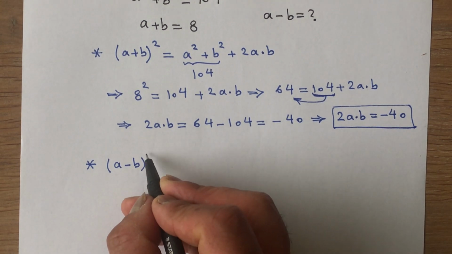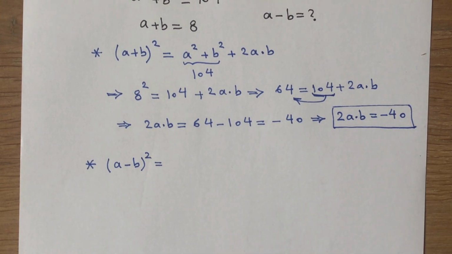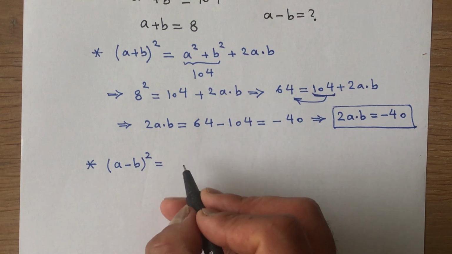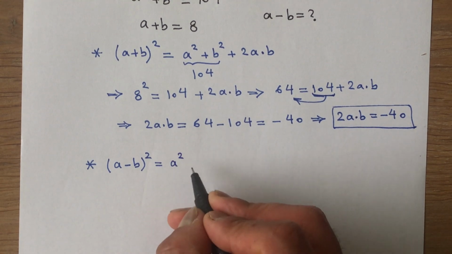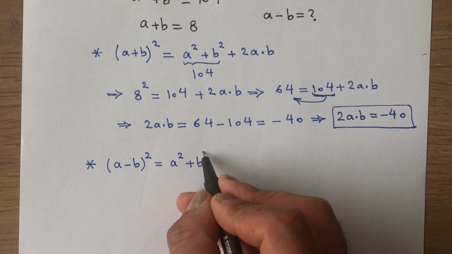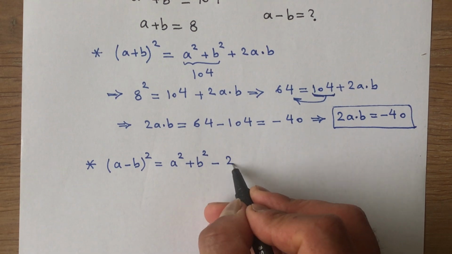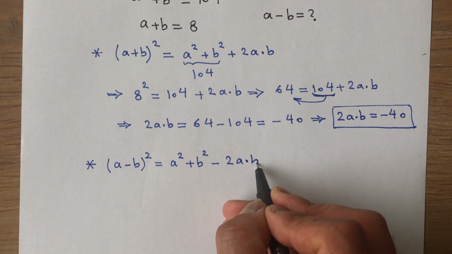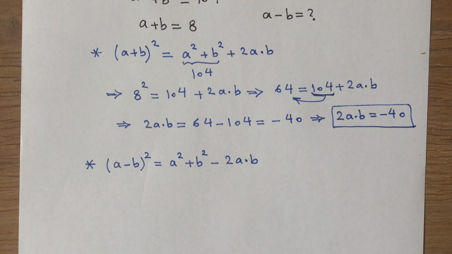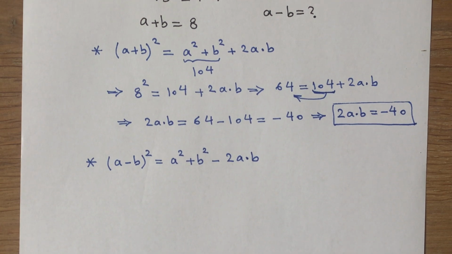I use this formula: (a minus b) squared equals a squared plus b squared minus 2a times b. There are a lot of mathematical formulas and identities which are very useful and helpful in our problems,